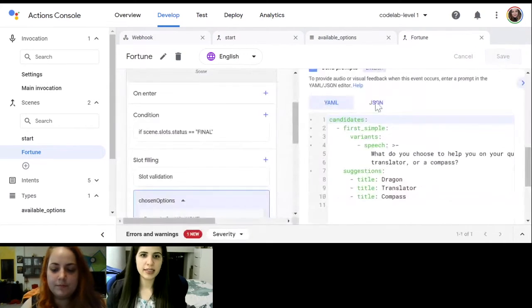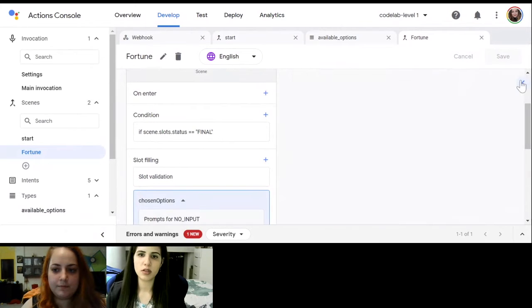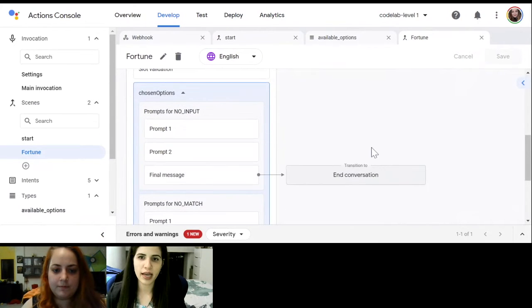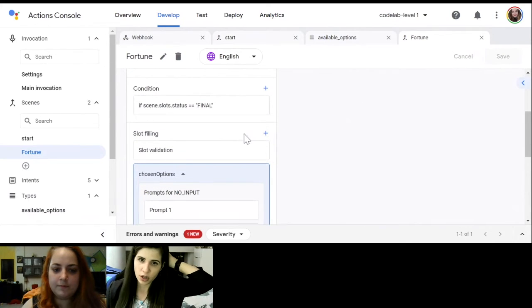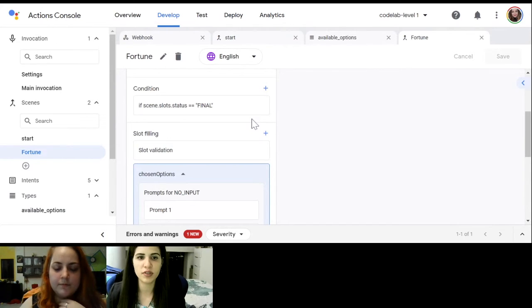You've now added the available options type to the slot, which tells your action the information you need to gather from the user, their choice of aid, before proceeding. You also configure the prompt within the slot, which is added to the prompt queue when the user reaches the slot filling stage of the scene. Note that when we named the slot chosen options, the customized slot value write back field is updated with the same name,